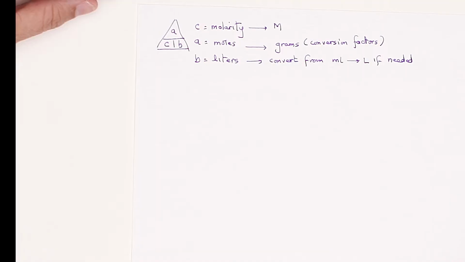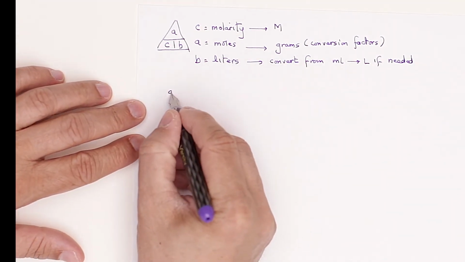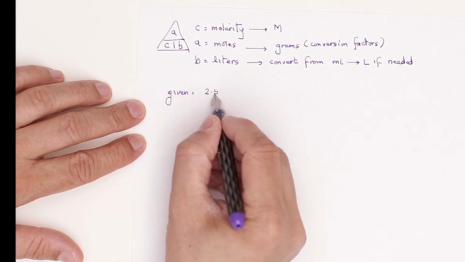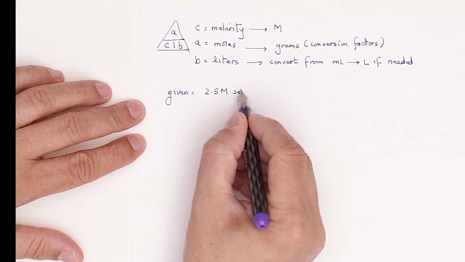You're going to use CAB. The second problem we're going to do actually flips the previous question on its head. So this time around, I want you to tell me how many grams of sodium chloride are there in a 53 milliliter solution. So you've got 53 mils of a salt solution that is 2.5 molar. Okay, so you're given a 2.5 molar solution,